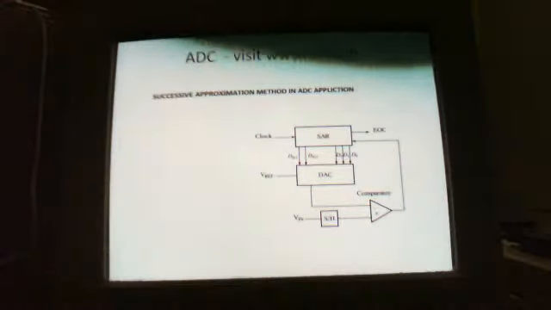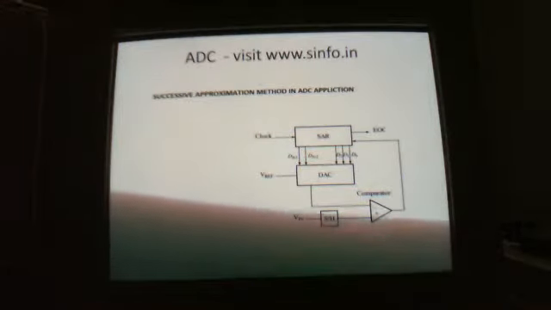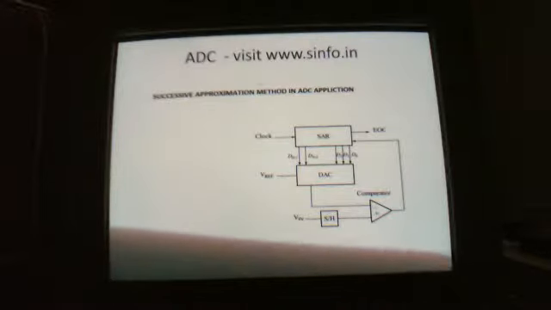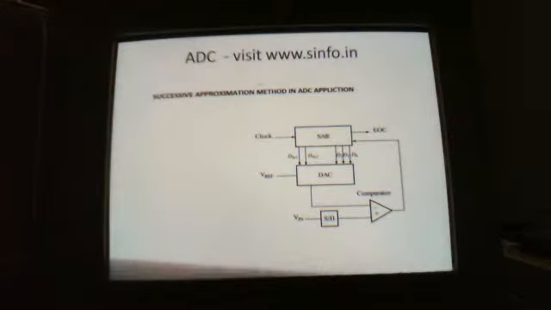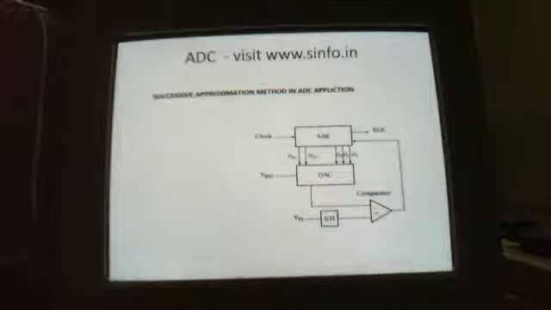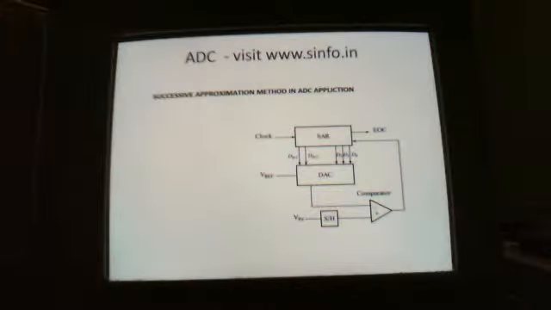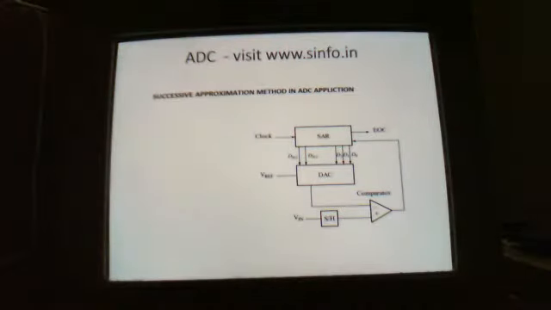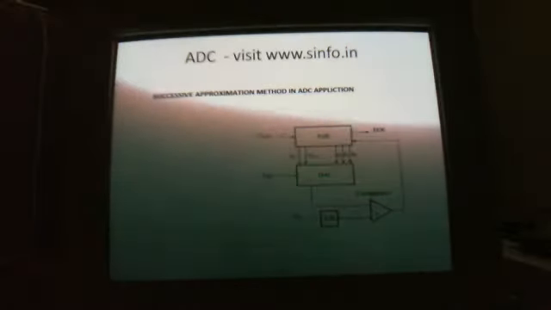For the next clock, the lowest digital data is incremented by 001, and so on up to the maximum in 8 bit, FF. Every time it is incremented, the DAC generates an analog signal, and that analog signal is compared every time, based on the conversion time. Once the generated analog signal and the actual analog signal are equal, the comparator output changes from 0 to 1. Whatever digital value is in the SAR at that moment is the digital value for your incoming analog signal. This method is called the successive approximation method.